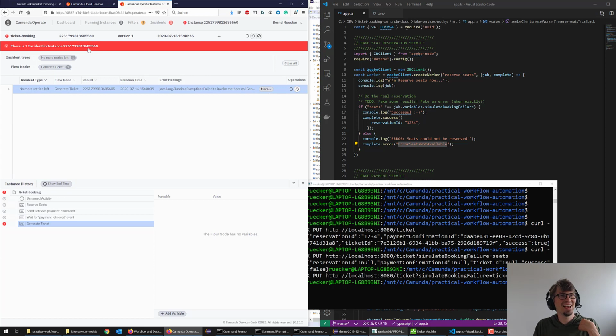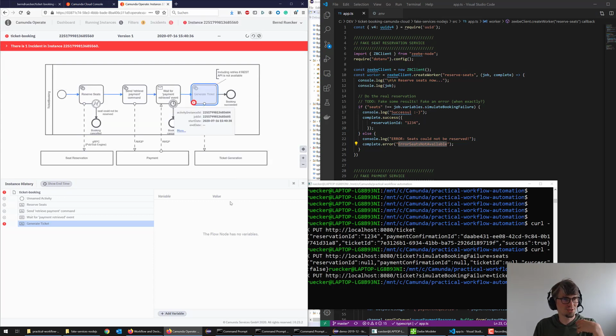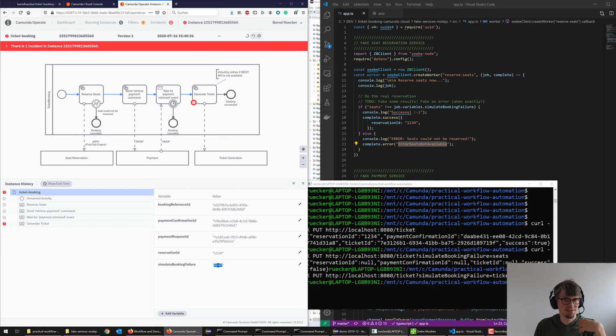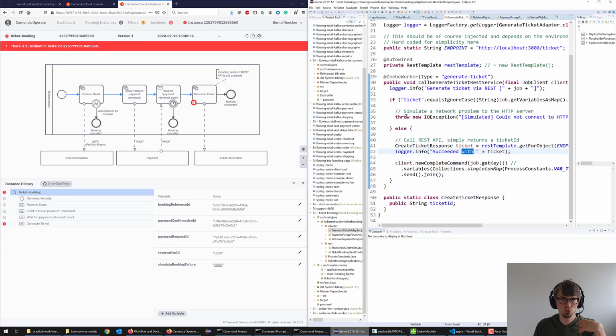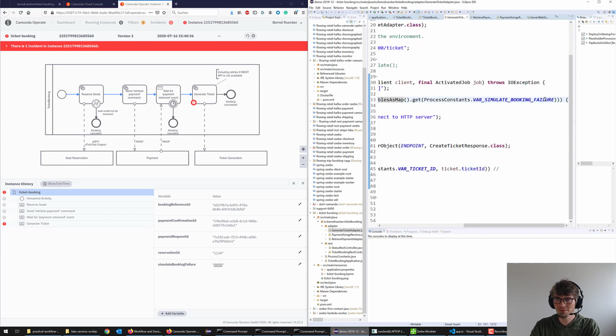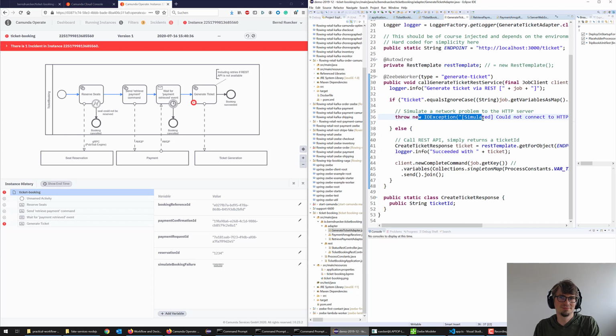But as we're in a demo environment, one thing I could do is, as this is simulated, right? So if you look at the code, generate ticket, it's very easy. If ticket equals the variable here, like simulate booking failure, I throw the error. So in order to resolve that, I could now restart my ticket service in reality, but in the demo, I can just say ticket is okay. Just change the value of the variable, apply that,